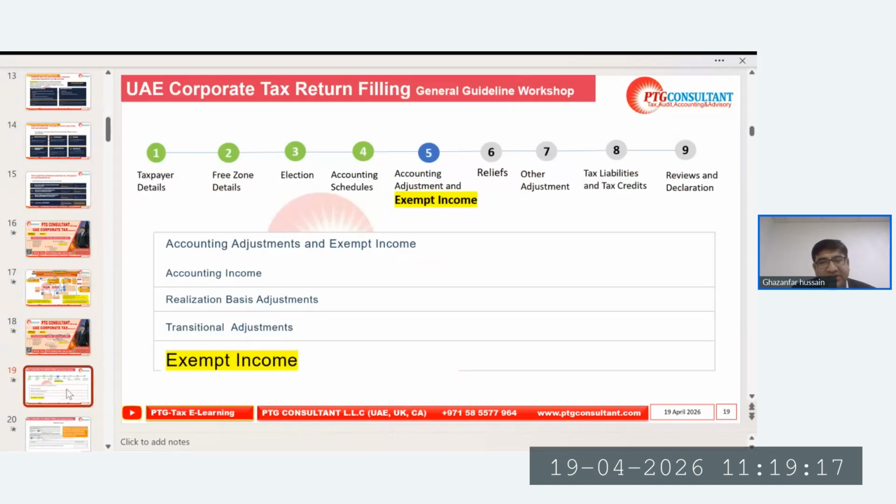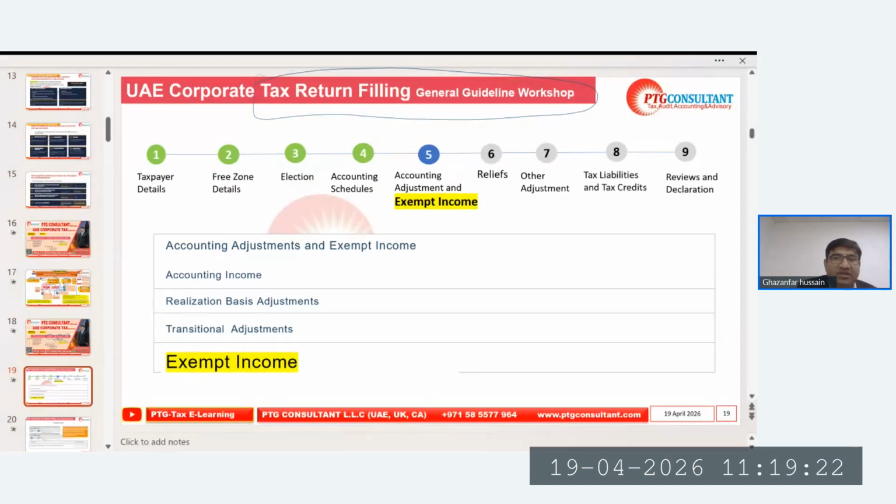Now in the corporate tax return filing, here we are in the corporate tax return filing, where the exempt income will be relevant for us. If we are studying the exempt income, how will we treat it in the corporate tax return filing? It will appear under the 5th step, under accounting and adjustment. Under accounting and adjustment, there will be one window. If we have exempt income, this will open. Under that window, or that computation working, what are we going to do?